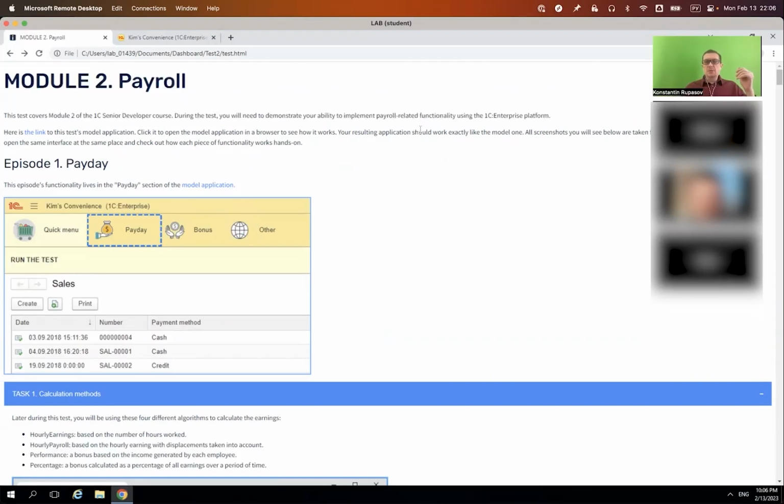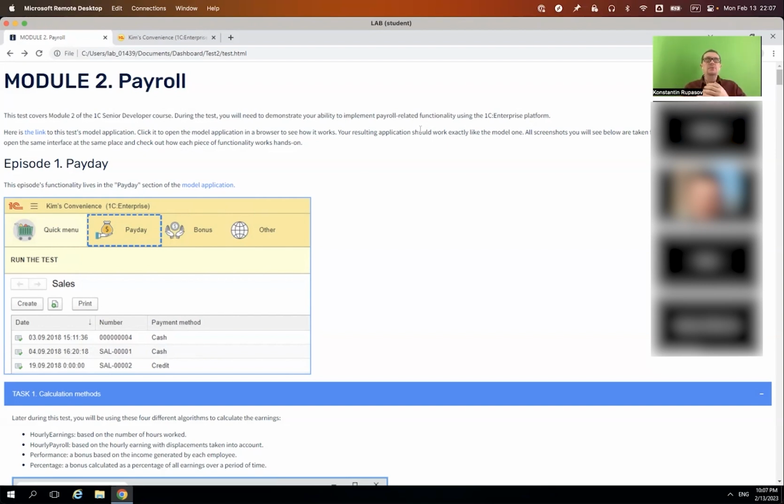Our second topic is called payroll, and this is what it's about. When you automate any business, you need to pay salary or other type of earnings to your employees. So you have people who work for you, and you're responsible for paying them for their work. These payments should be somehow calculated, first of all, and registered in a proper way in order for the tax authorities to be able to access them and to check that, for example, you paid all proper taxes for the salary that you pay to your employees.